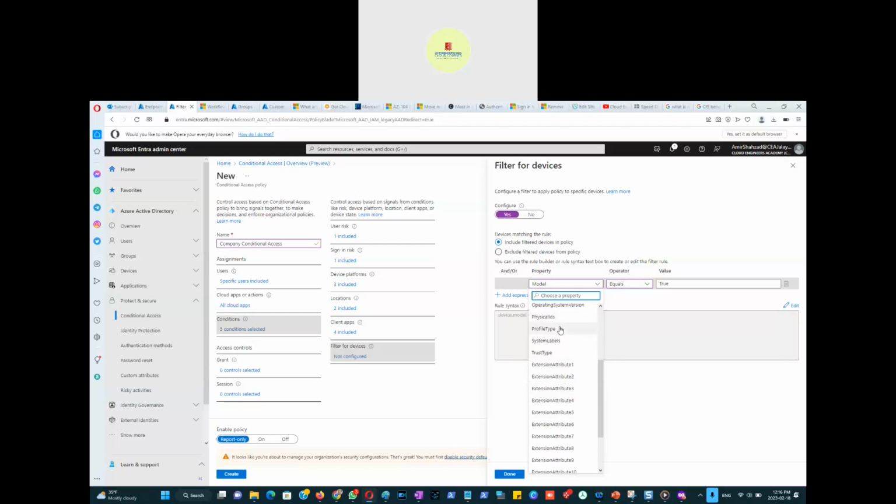Suppose somebody's from the sales department, they can connect to this. From the marketing department, they cannot. Or if the manager is John, I hate that manager, and the user cannot get in. So that was ridiculous, but anyway, you get huge flexibility here in conditional access policy. Conditional access policy overall is very, very powerful when it comes to implementation. So I'm going to click no here for filter for devices, but this is what we were using